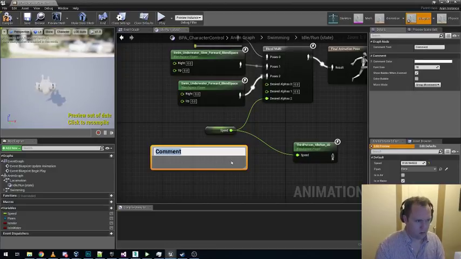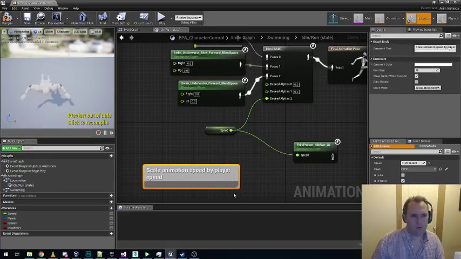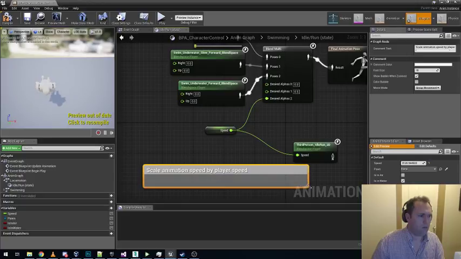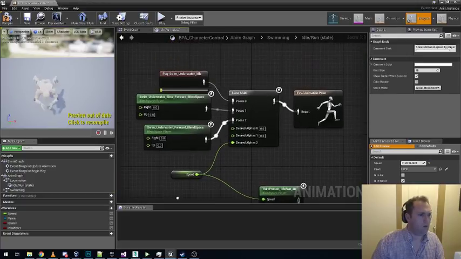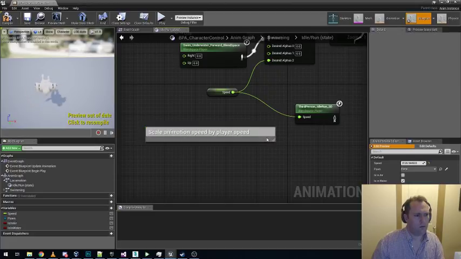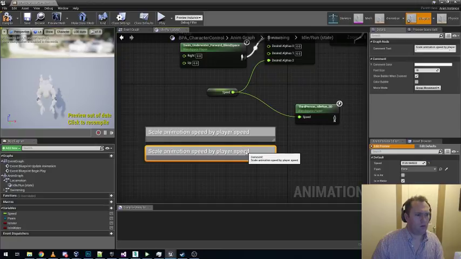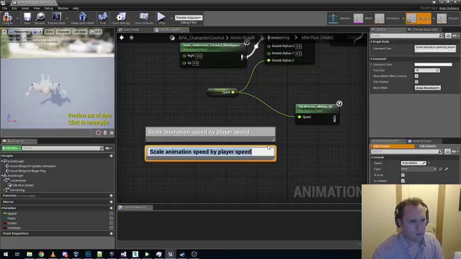There we go. Okay. Scale animation speed by player speed. And then